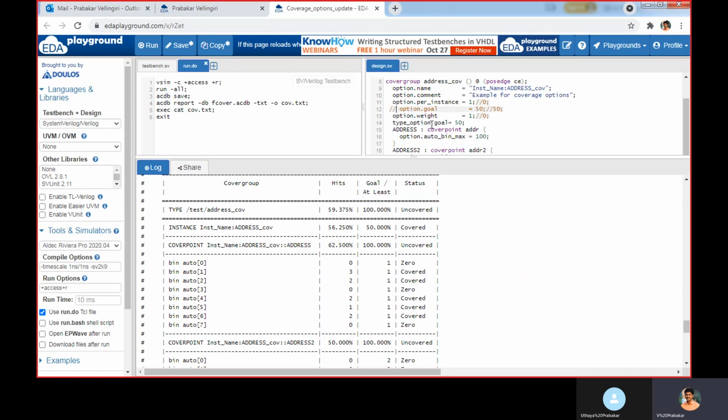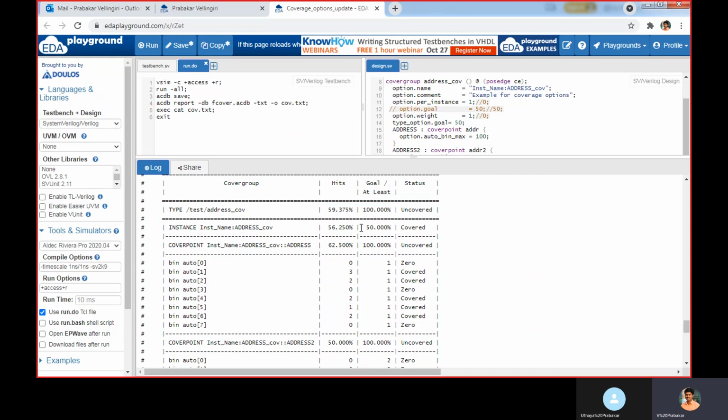If I mention type_option.goal and set it as 50, this will be assigned commonly for this address cover. If I set it here, it will set for each cover instance, each address cover instance.